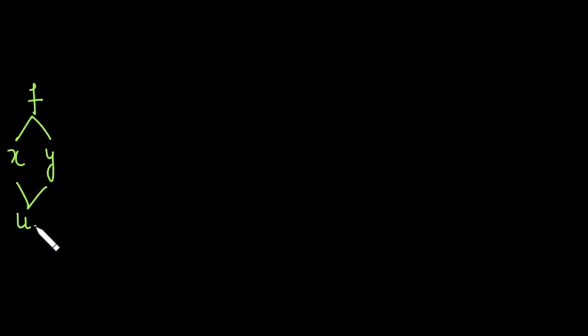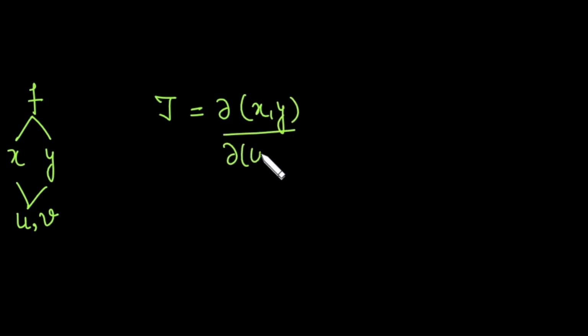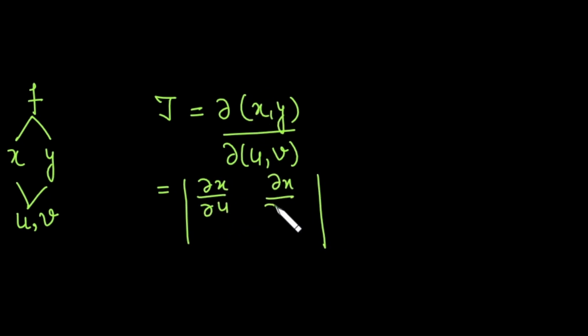In conclusion, whenever we have a function that is depending upon two variables x and y, and further they are just depending upon two variables u and v, the first step in a change of variable is to calculate the Jacobian, that is partial of xy divided by partial of uv, and that is basically a determinant. Partial derivative of x with respect to u, then x with respect to v, partial derivative of y with respect to u, y with respect to v,